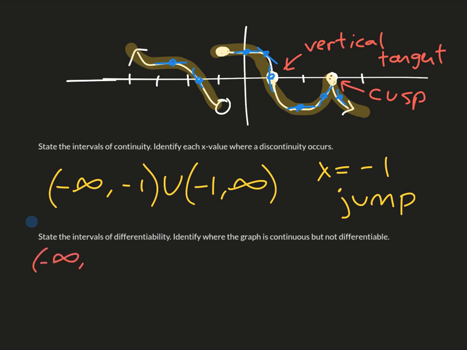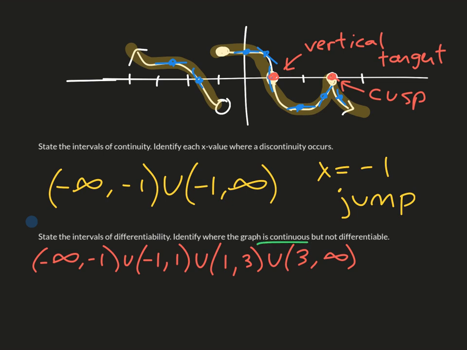So I have my intervals of differentiability: -infinity to -1, because -1 is that jump. -1 to 1, that's where we hit that vertical tangent. 1 until 3, because that's where we hit the cusp. And then 3 to infinity. So what's really important there is that I did include the -1 jump from before, and the question is saying,